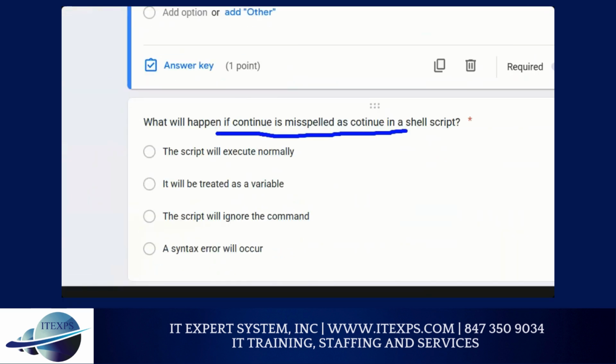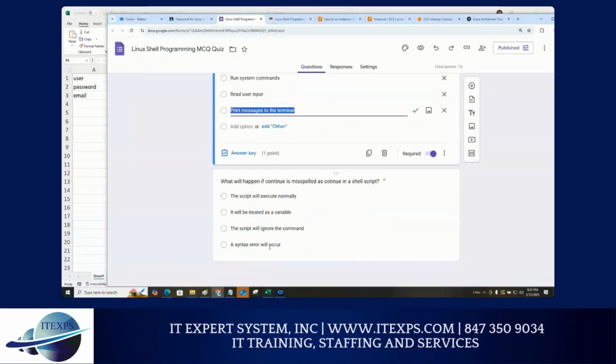It will ignore it. Now, if you, it will error out, but what is this? What will happen if continue is misspelled in the script? The syntax error will occur. I thought it would ignore it. It should give some error, right? Because you're trying to find it. Script will execute normally, no. It will treat it as a variable, no. Script will ignore. I think it might be a syntax error. It will say command not found or something, right? I'm just thinking about that. What is this one? Yeah,